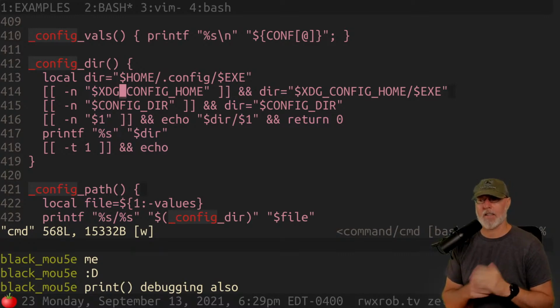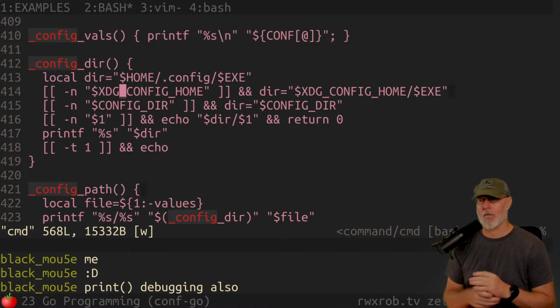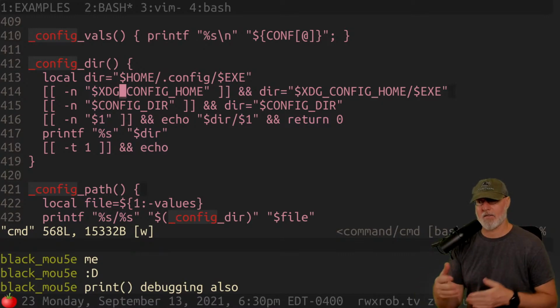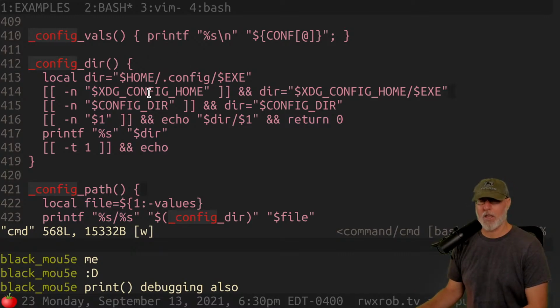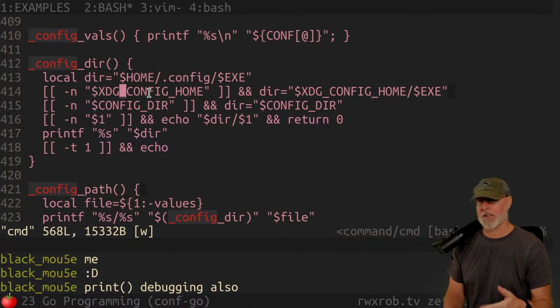And so that's why we're going to stick with the actual name. So if I make a binary called Zet, and I make another one called ZP or something, then my configuration would be .config/z-config.zp or /zp. So the first thing we have to do is see if they have this XDG config home variable, and you might go about writing that little algorithm that I just mentioned.